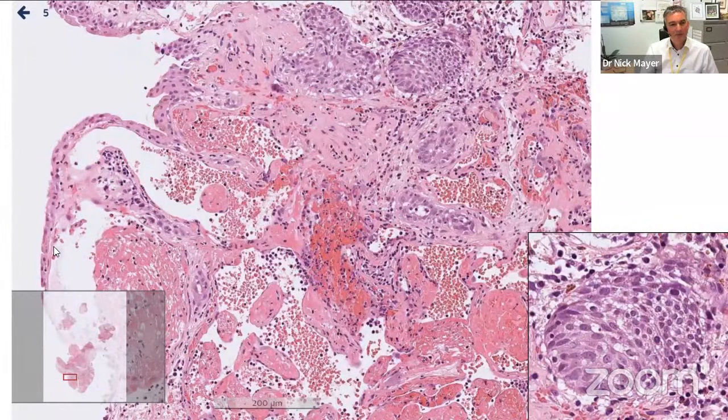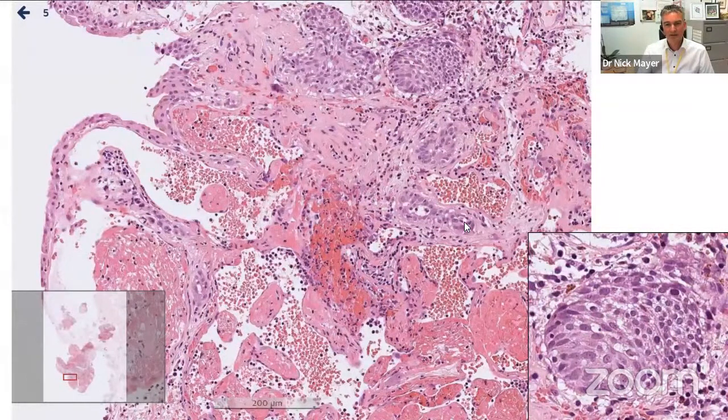Here you can see the edge of the endophytic area and the background urothelium, and there are a few nests of urothelial cells down a bit deeper in the lamina propria in between blood vessels with a pseudo-carcinomatous type pattern. You have to be a bit careful about over-calling this as particularly the nested variant of urothelial carcinoma. The inset shows there's very mild atypia in these nests,